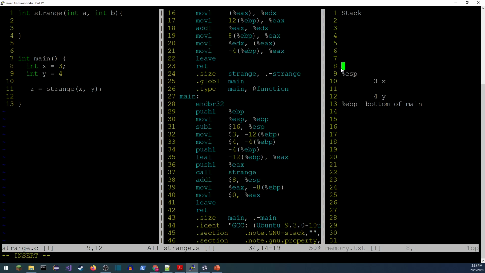So in this case, I'm going to store 4 right there. That's going to correspond to this b when we get up there, because the values are pushed right to left. So that'll be b. The next thing we do, load effective address. We are actually grabbing this address right here where the 3 is stored. So this is the address of this thing, and I'm putting it in a variable, and that's what's getting pushed. So the next thing that gets pushed is the address of x.